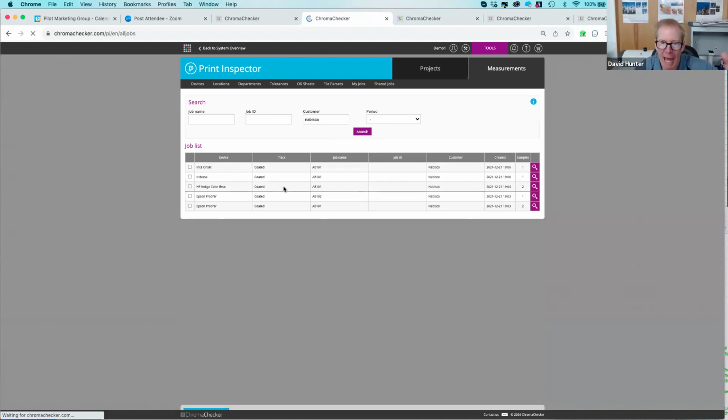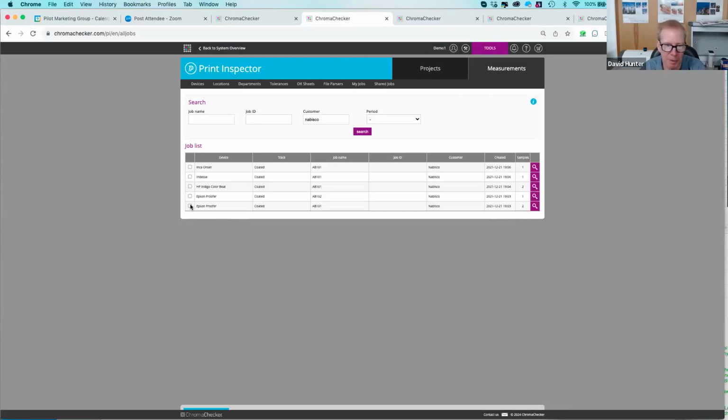in the world. And from this point, I can make a report for all this work that I did on these, in this case, 5 different printers. Maybe this past week, I did work for Nabisco on these 5 different printing devices, and I can easily just build a report by coming down here and clicking on the report button. And well, I have to tell it first that I'm going to build a report from all 5 printing devices